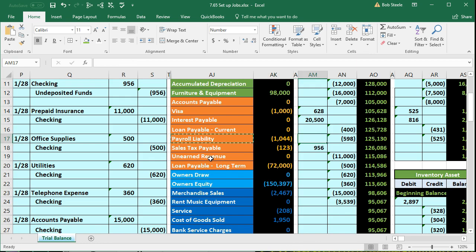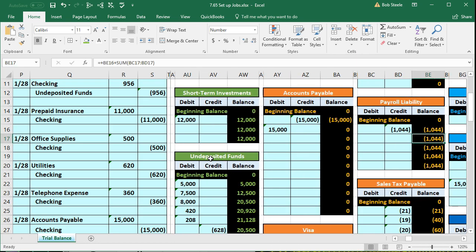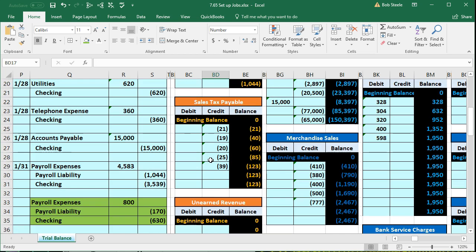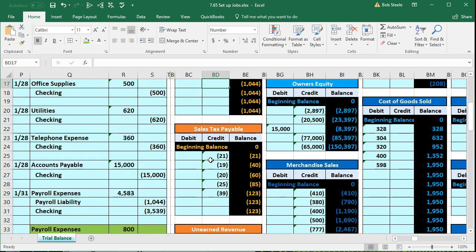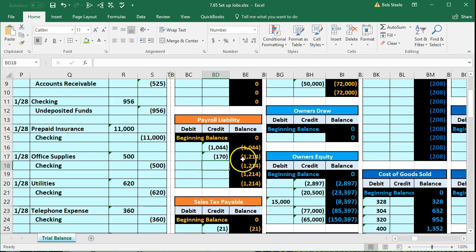It will be in the same order on the general ledger. Scrolling to the right, there's the payroll liability right there. I'm going to scroll over a bit more. It's in BD17. We're going to say that BD17 equals, scrolling down to that 170, enter, brings the balance up to